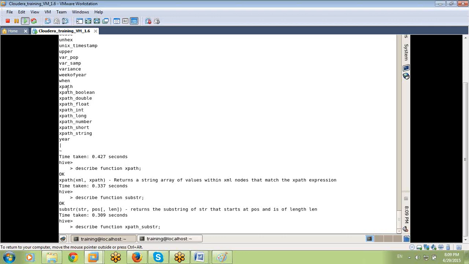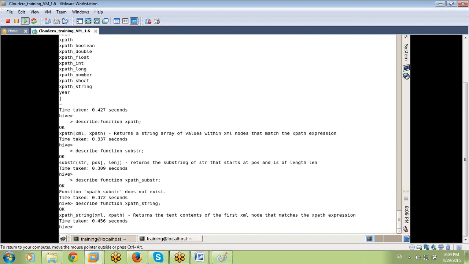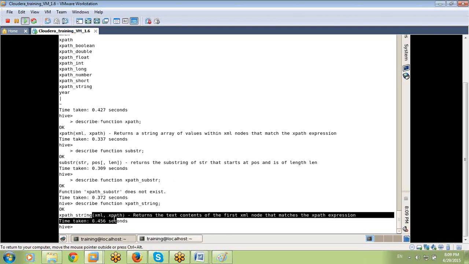We have a number of them: XPath boolean, double, float, long, number, short, string. Similarly XPath string. Enter. Not substring, only string. XPath string, it is the same. It returns the XML value as text format, and previously array format.